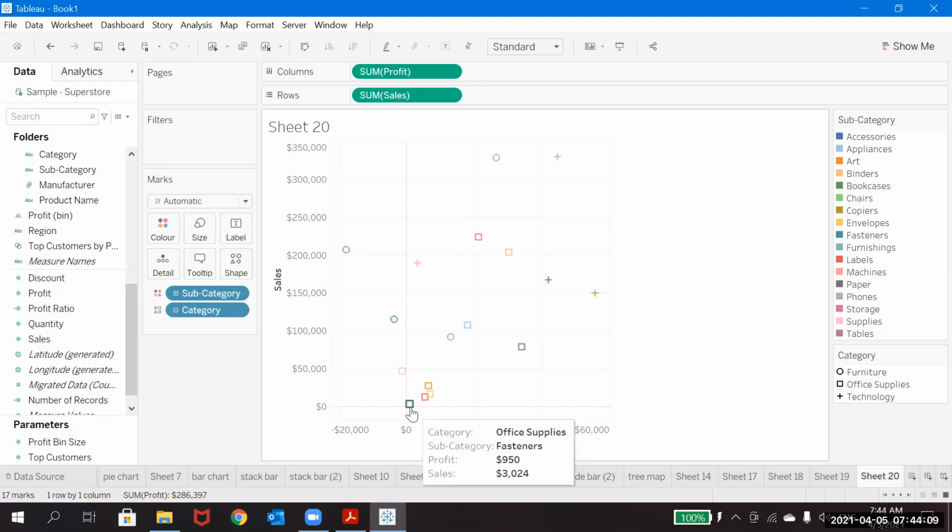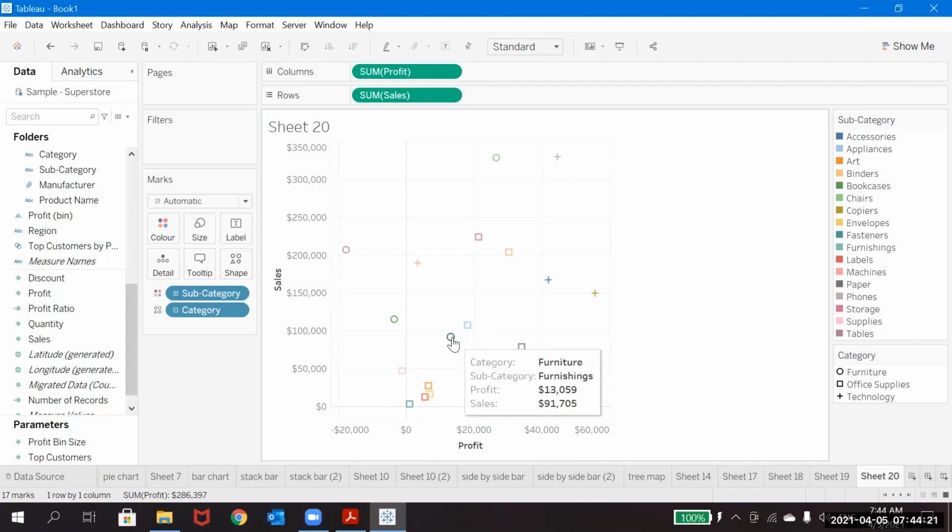At the origin, the sales is starting at 3000 or something, and profit says 950 for office supplies. These are all squares. Let's go to the circle here. It says furniture, and the sales is 91,000, and we can observe the profit is also increasing to 13,000. So sales is increasing, and at the same time profit is increasing as you keep moving to the top.